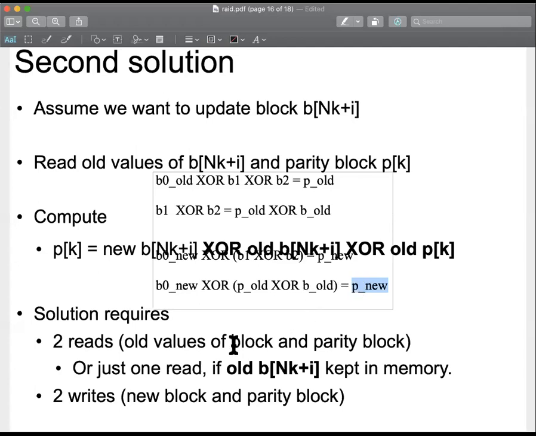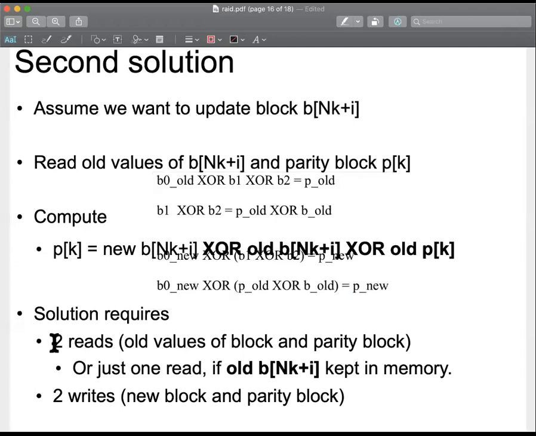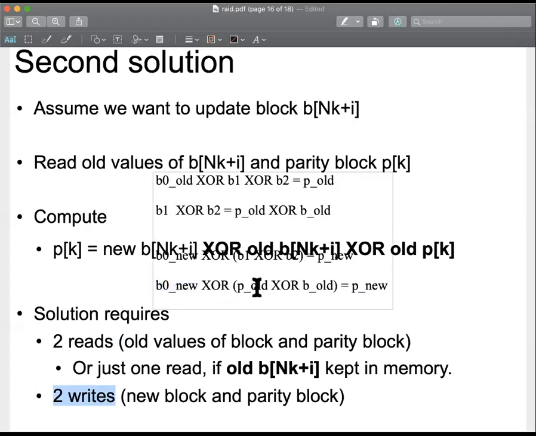So it doesn't matter how many disks you have in the array, there will be only 2 reads and 2 writes. Why 2 reads? We have to read P old and B old, right? The old value of the data and the old value of the parity. And we already have the new value of the data, and we just recompute the parity, and we write B new and P new, 2 writes, okay? So by doing this, we make sure that we don't access all the disks, and we can actually perform